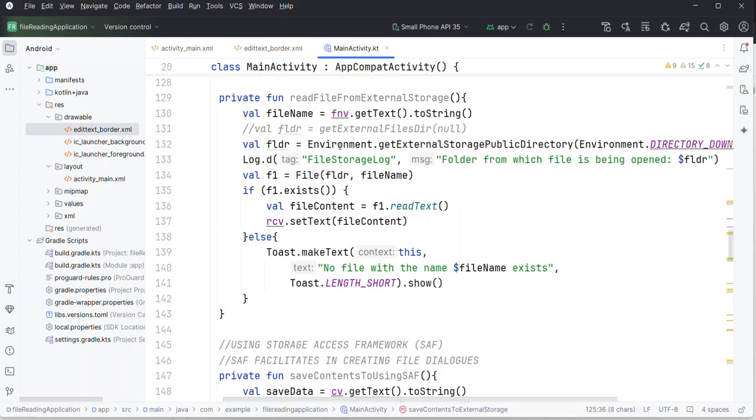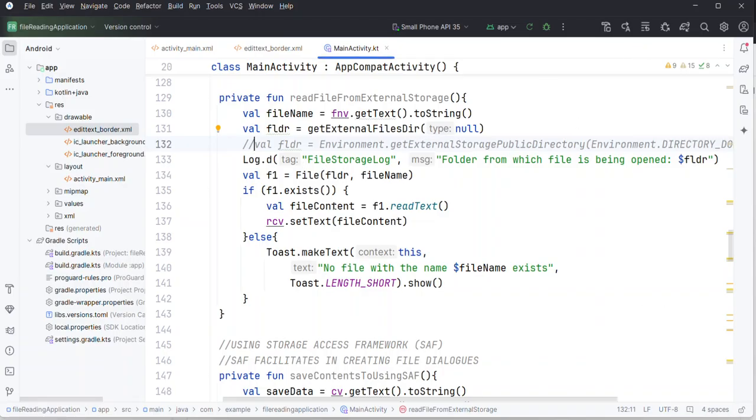And for reading data, everything will almost be the same. We will first be getting the external directory, but when we are trying to read the data, keep in mind you are using the same known location. Previously I saved it to the internal storage by passing null, so I am doing the same here. If you can observe, folder is equal to getExternalFilesDir null. I am going to pass null here,